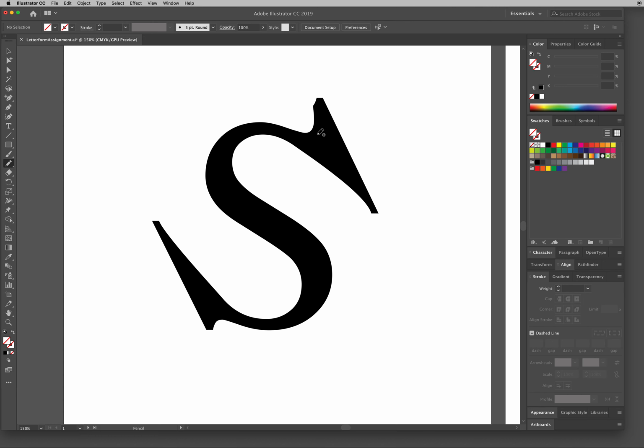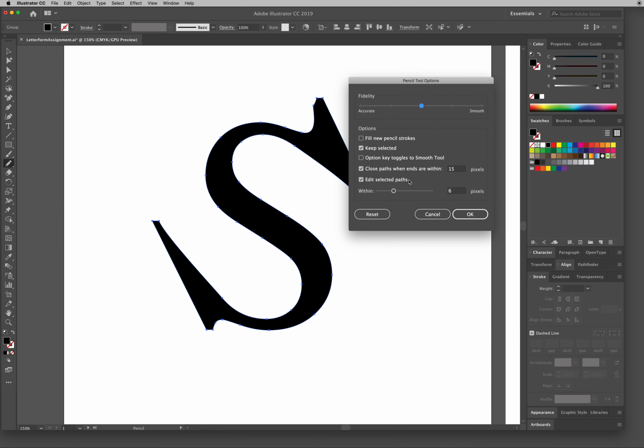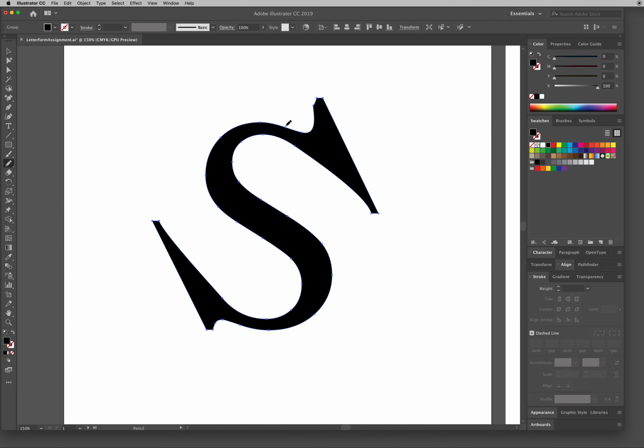All right. Now I want to manipulate this letter form and redraw some of the lines on it with this pencil tool, but I have to select it first. So I'll click on it. Okay. Then I'll grab my pencil tool, and to redraw this line, let's say I wanted kind of a dragon ear like this. Okay. That's redrawing those lines with the pencil tool because I had edit selected paths picked on the tool options. Edit selected paths. So this whole letter form is selected.